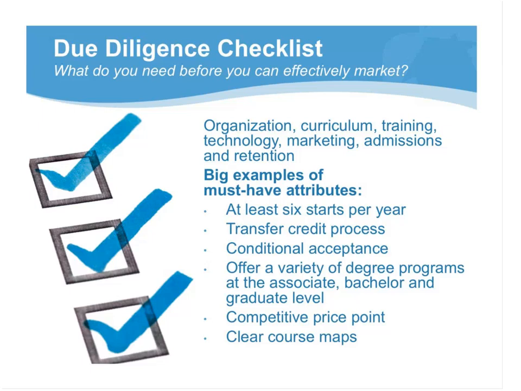Next, competitive price points kind of go without saying, but where brand was king 10 years ago or even 5 years ago, what we continue to find is that consumers, especially by program, are very sensitive around price point. It's very easy for them to compare, and there are lots of different options. Finally, clear course maps are another example. Mapping out a student's term-by-term course schedule ultimately increases retention and gives them clarity on when and how to finish their degree.